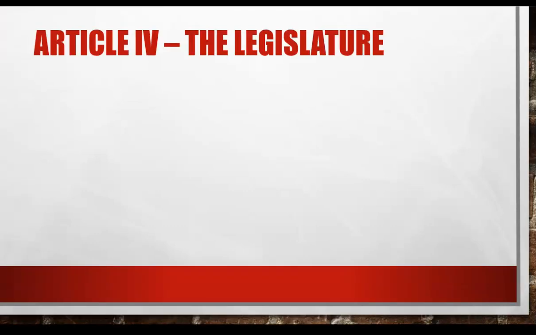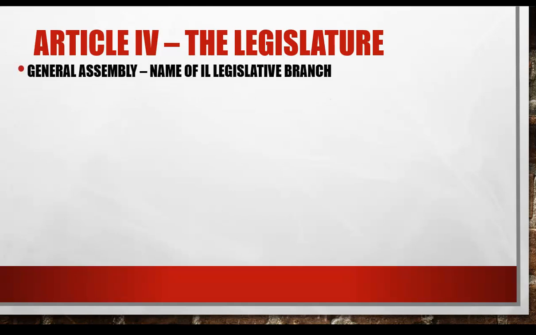That is Article 4. Article 4 is the legislature. So the name of the legislative branch in Illinois is the General Assembly. That's different from the federal government. The federal government calls it the Congress. In Illinois, it's called the General Assembly. So anytime I'm talking about the General Assembly going forward in these lectures, I'm just talking about the legislative branch